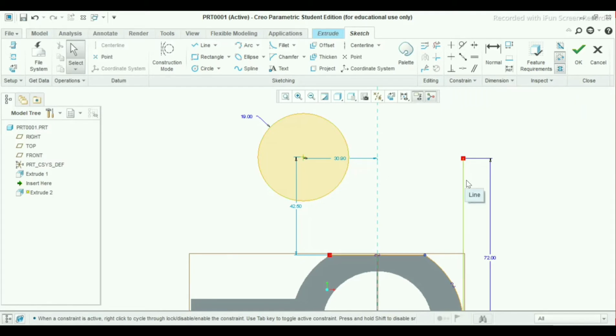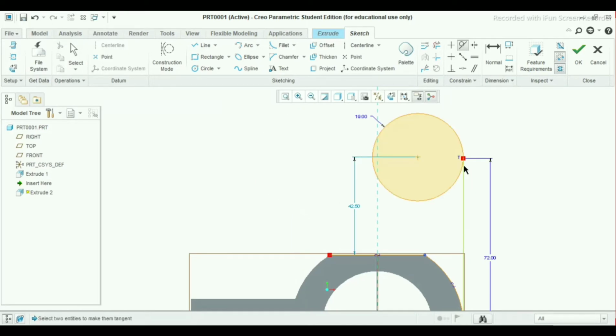Now I will apply some relation. Go to your constraint section, choose tangent, select this circle and this line. It automatically selects the tangent. Press scroll button so that we exit it.